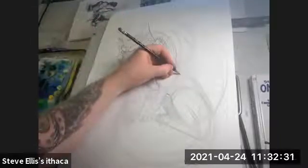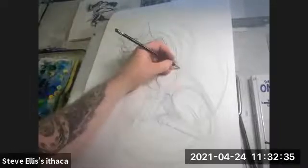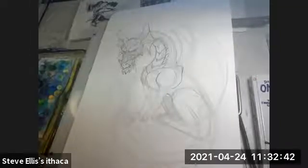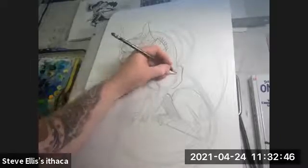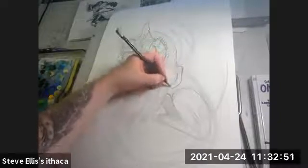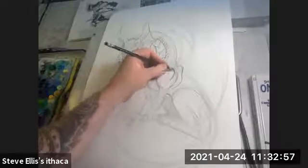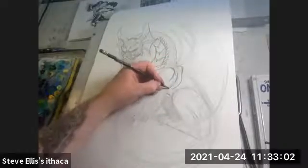So then I'm going to pull from his back where the wings touch, and I'm going to draw a line that comes down and around like so. And this is just a nod to the idea that this dragon's wings have to have some sort of muscle that attaches them to his arm, to his body. So I'm going to do that there. And then I'm going to draw the shoulder of the dragon right here. And I don't have to draw the whole thing. I just need to draw kind of a line that indicates where it might be. And then we'll come down